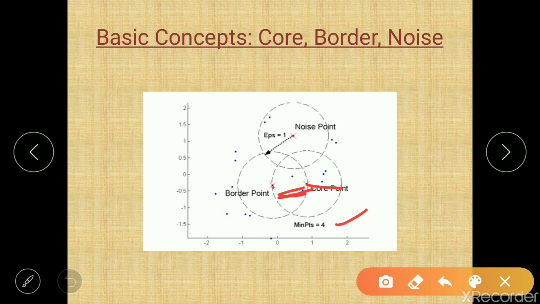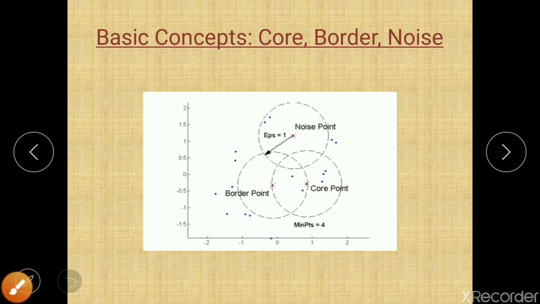Now, what about a noise point? A noise point means not a core and not a border point. So here this is a noise point. Why is it selected? It is outside my epsilon value, and the minimum number of points may not be satisfied either. So that is known as a noise point.